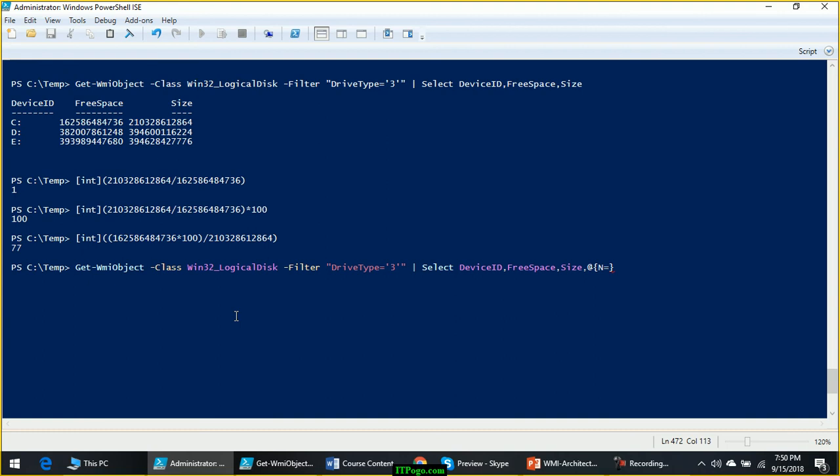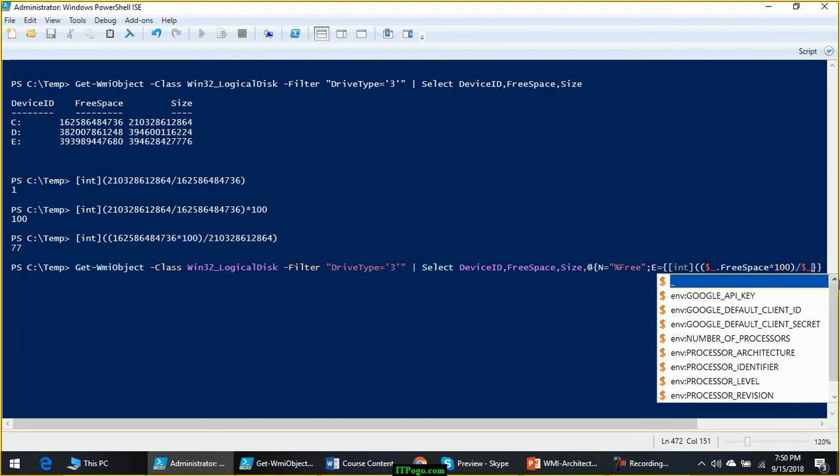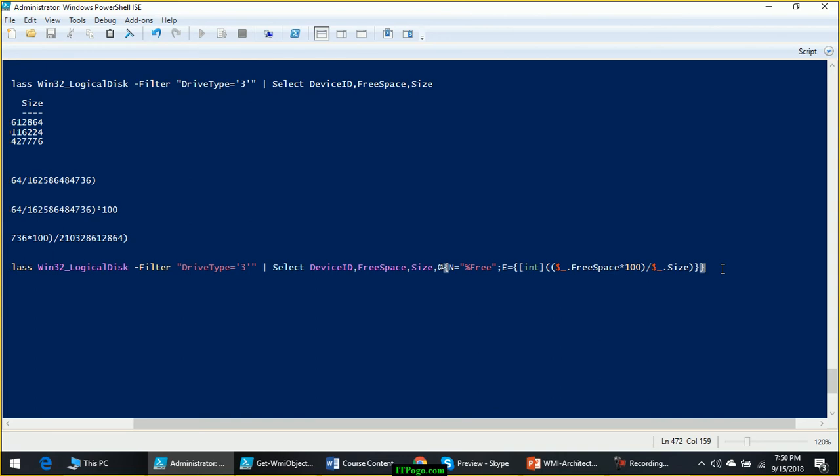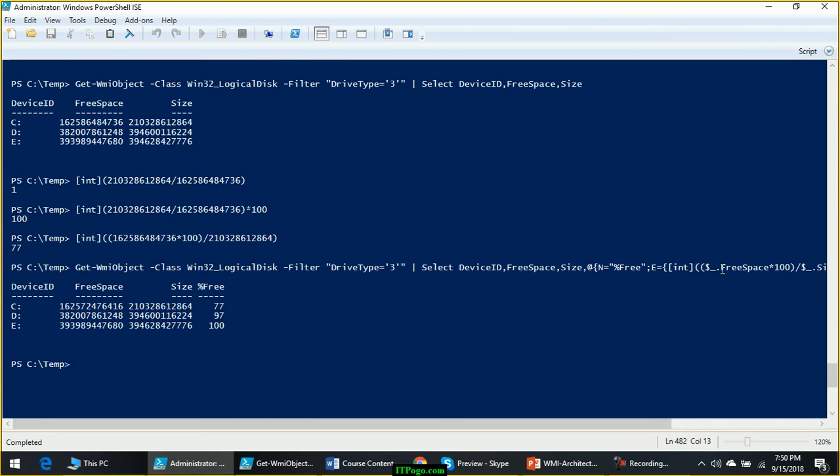Name is equal to percent free, and expression is equal to integer, dollar underscore dot free space multiplied by 100, and this will go inside another round bracket, divided by dollar underscore dot size. Got it?